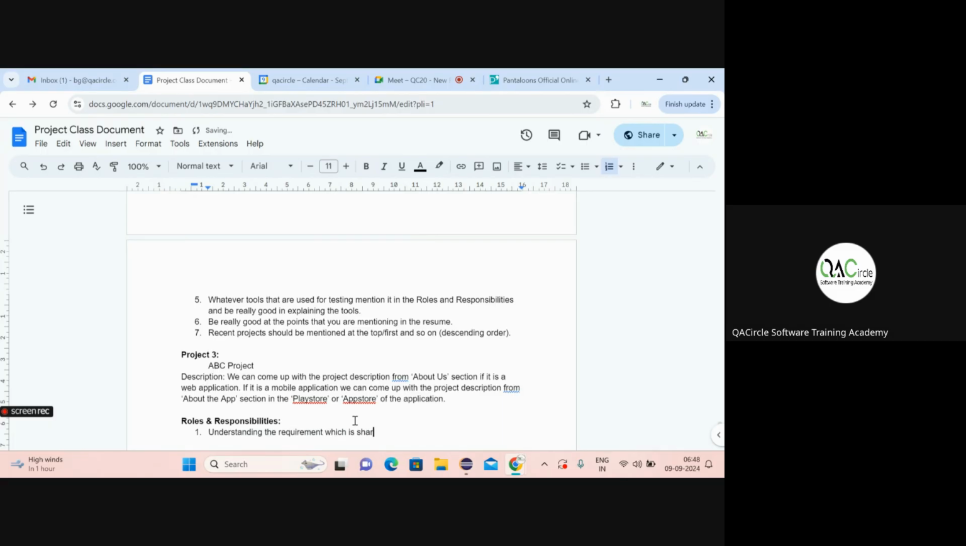which is shared by the product team. I'll mention it as product team. It can be a business analyst, it can be a product owner, anybody, the person who is responsible for giving us the requirement. So: understanding the requirement which is shared by the product team,